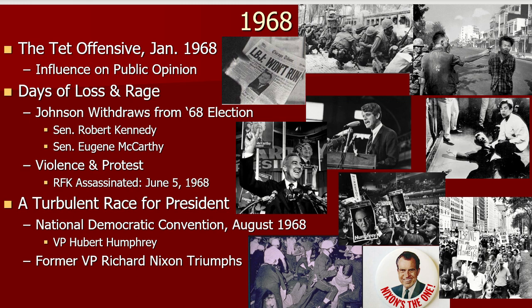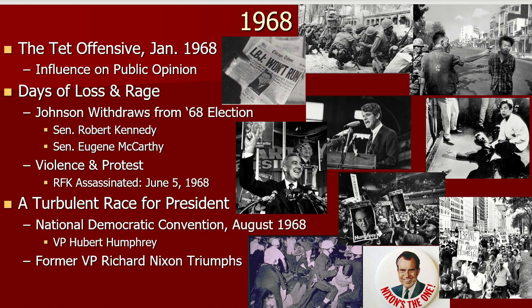So Johnson began to run his campaign for re-election that year after Tet. He didn't have a very strong showing. People from his own party began to challenge him, like Eugene McCarthy. McCarthy was saying he would have the Democratic Party take America out of the war. And so when Johnson saw that he wasn't doing so hot, he pulled out of the election in March of 1968 and let the nomination be taken up by other people in his own party.